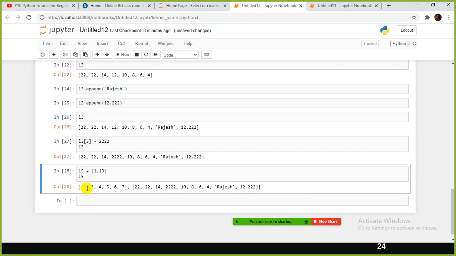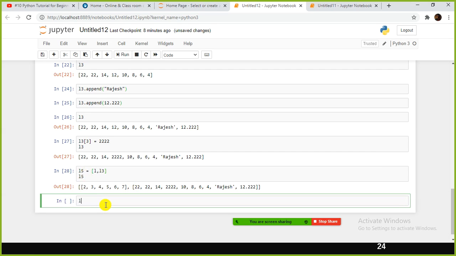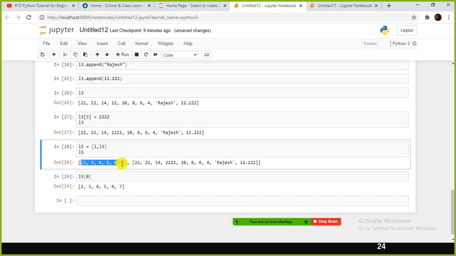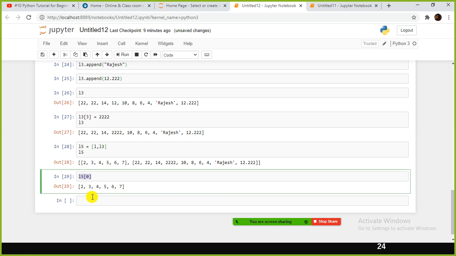Supposing I want to access the first list from L5, I need to give L5 of 0. It treats the entire list as the first index value, okay? And it stores the second list at the second location, index value 1. Now the question is, if I want to select a specific value from this one, how can I do that?